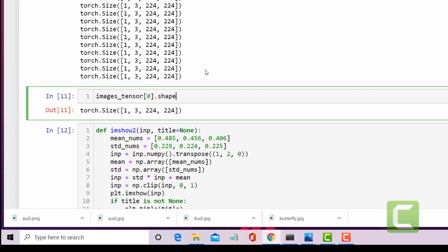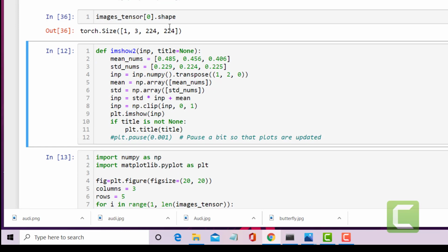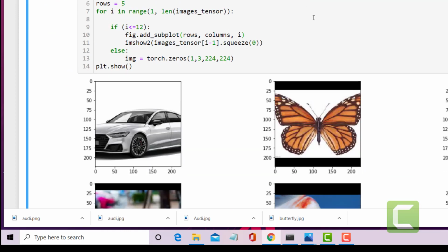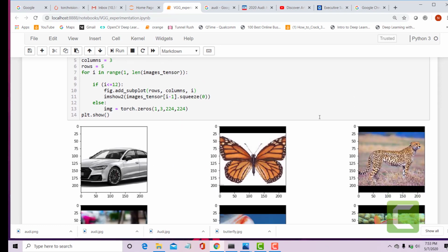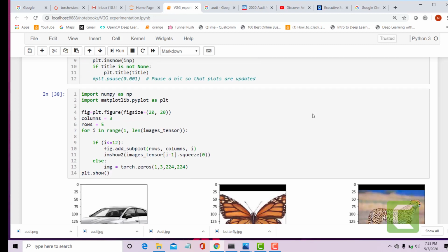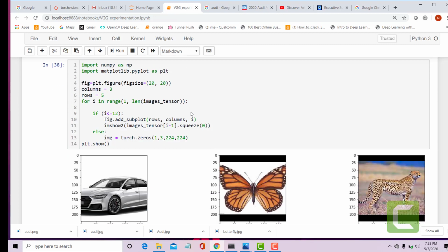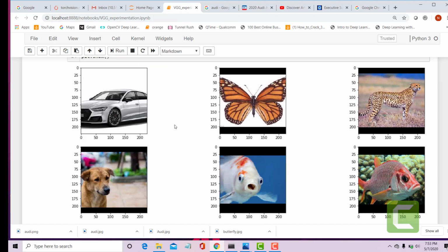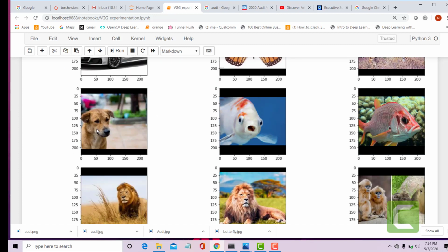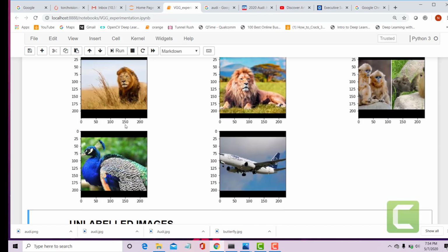Okay, so next thing is I'll just print the image so that you can look at it. Okay, wonderful. Okay, so these are the images that I have printed in the grid format. Okay, this is very easy, guys. You can just copy this code, or you can do it yourself also. And it's not that you need to work with n number of images. You can just take one image and see how the model works. Okay, so you see these images are just images. They don't have a label, so we don't know what those are. I don't know whether this is a dog or fish. There's no software to label and identify this image. That's what the model is going to do.